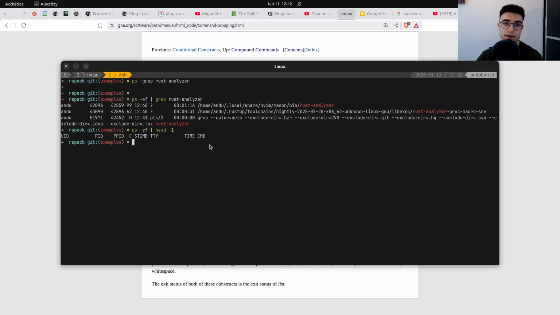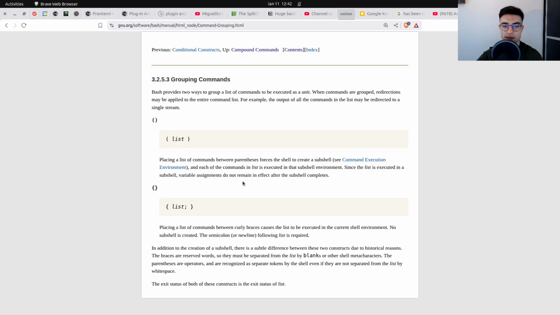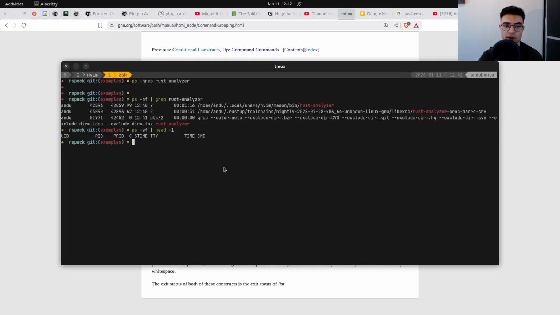The essence is that the situation in which this grouping commands feature comes in useful is, for instance, this one, where I want to combine these two outputs. I wanted to see the header, but I also wanted to see the result. And for that, I can simply use the syntax that is present here. Basically, I'm listing commands that I want to group between the curly braces. And if I come back to the initial example that spoiled the entire surprise,